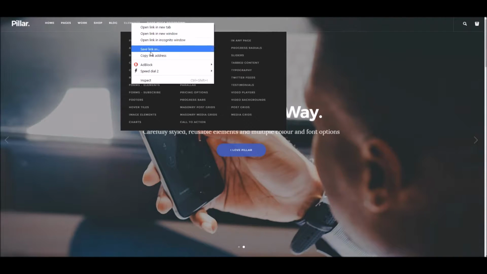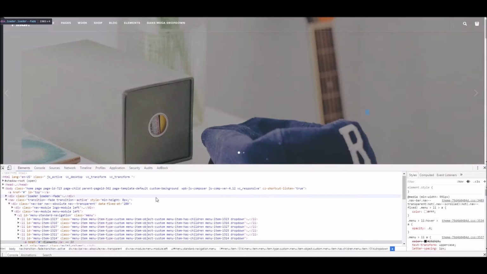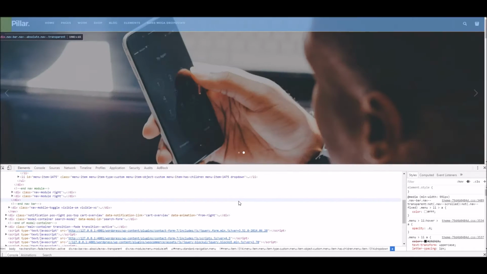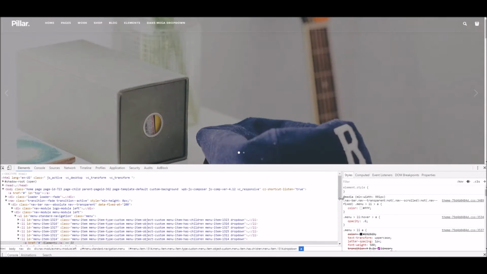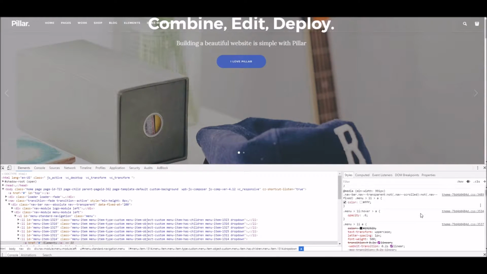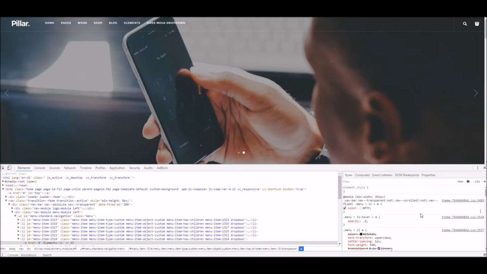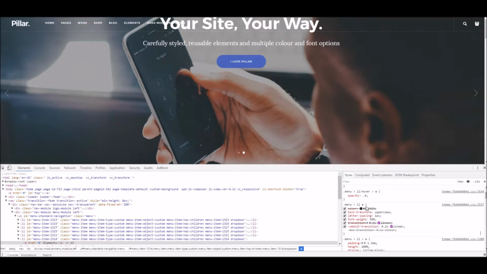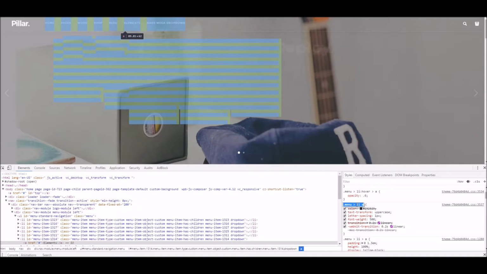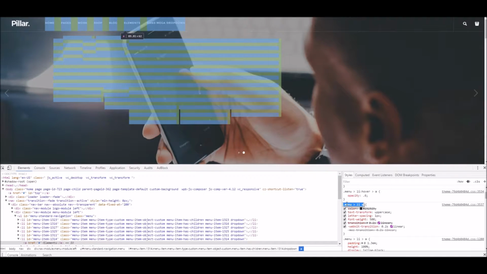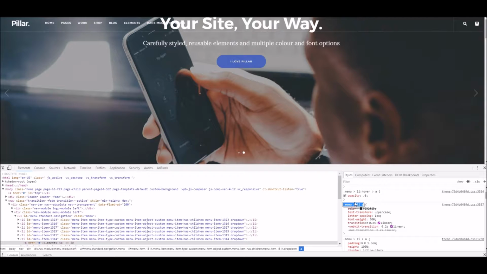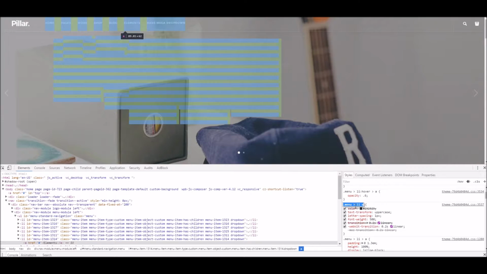You can right click on the element we're aiming for and hit inspect, and you'll see a little pop-up window here. Now what you're looking at in this left panel is the HTML code, the actual code which is behind this page, so to speak, and over on the right, I'll just make this a little bigger, we've got the CSS that's being applied to this area. So we can see that the CSS selector here, the menu LI A, is controlling all of the elements that you can see highlighted in green and blue. So we can copy this,